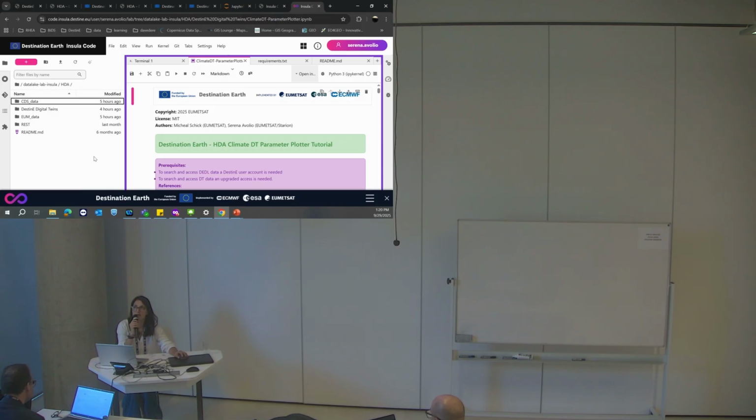So we have it here. It's divided here in Insula, divided by kind of data. Here we have an example with the climate data service data, with digital twins and with EUMETSAT data, and this is about the method to access data through REST API. And the same here